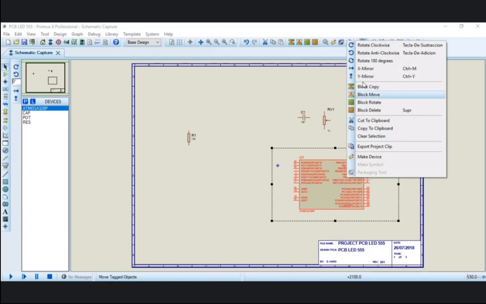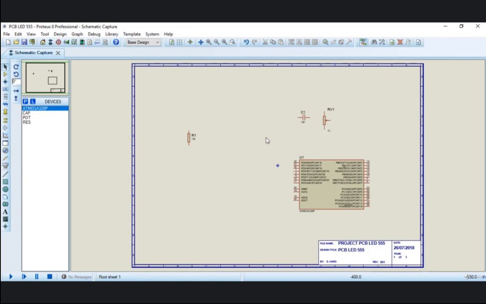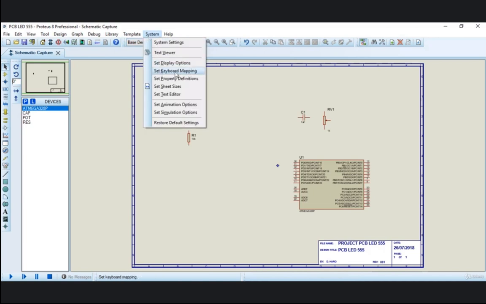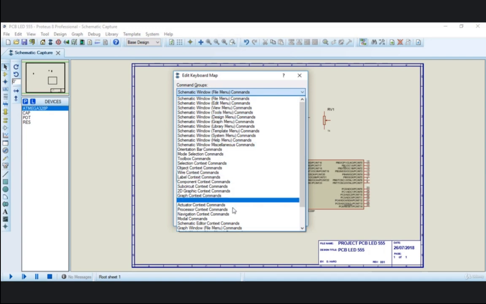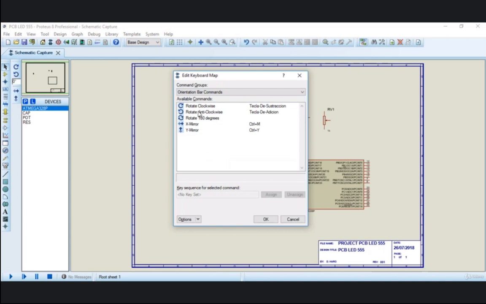By choosing that, you can rotate, right click, you can rotate, you can cut or do some things on the device as per requirement. So we edit the keyboard map, the orientation bar, so you can also add up what can be the orientation.